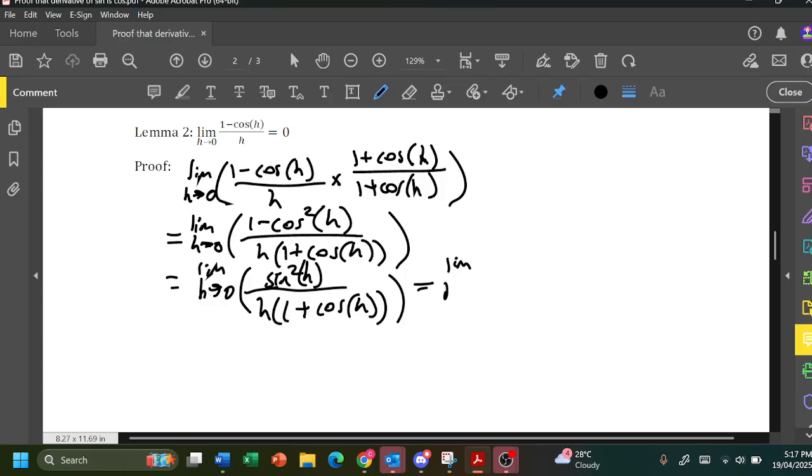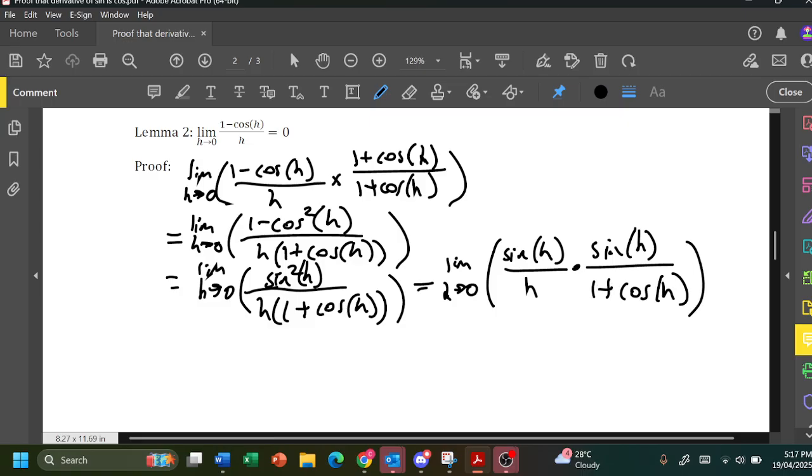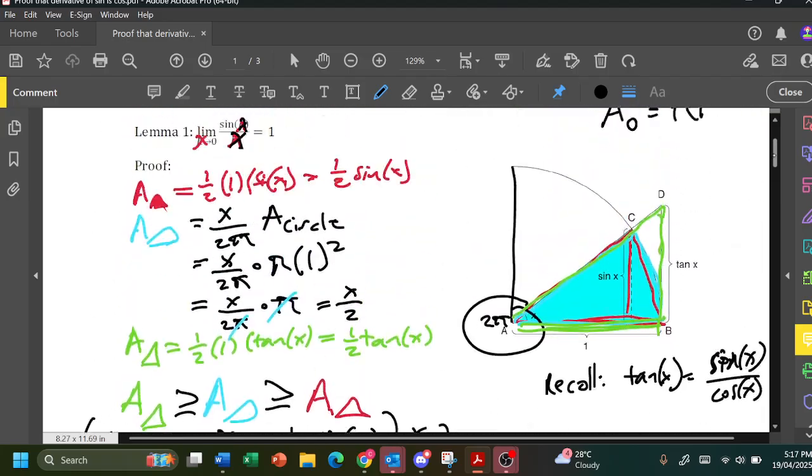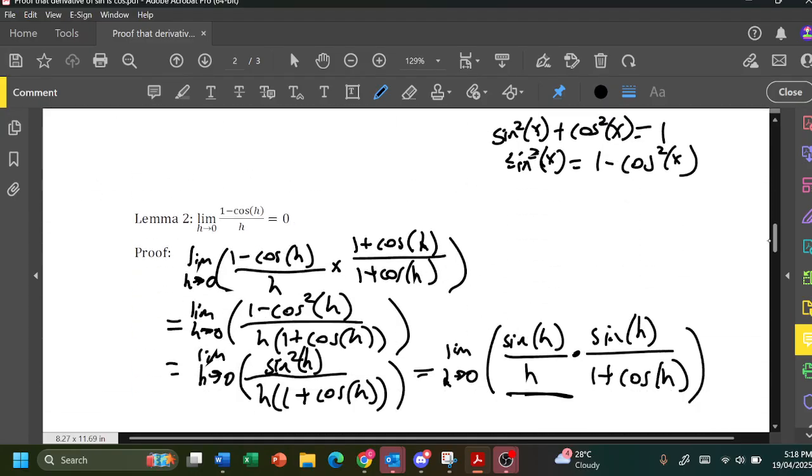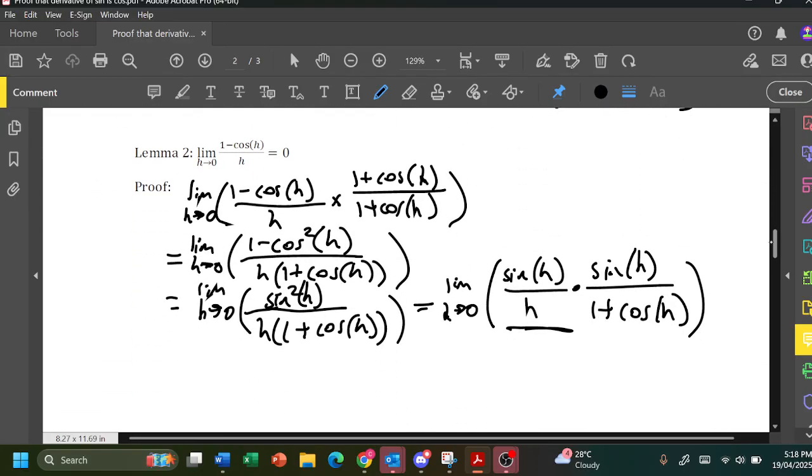What I mean by split it is I'm going to write it as the limit as h goes to 0 of sine of h over h multiplied by sine of h over 1 plus cosine of h. And the reason that we do this is just to make things a little bit easier, because you might notice that the first part of this multiplication is actually what we had in our first lemma, the sine of h divided by h, right? And we're allowed to do this because if we multiply the numerators here, we'll get sine